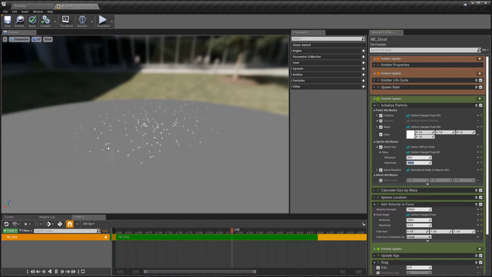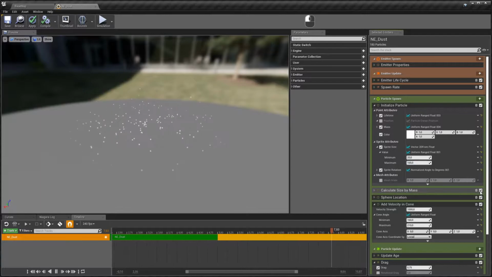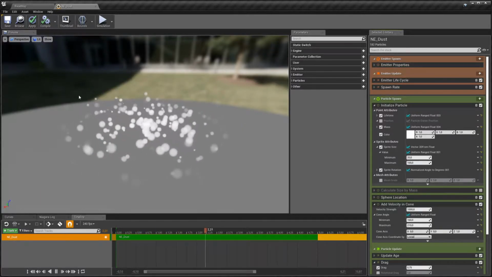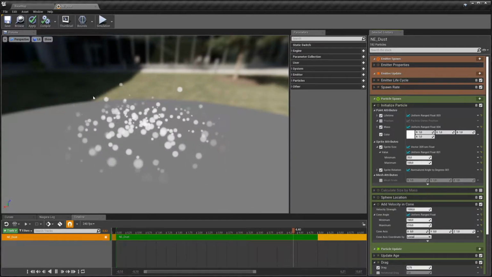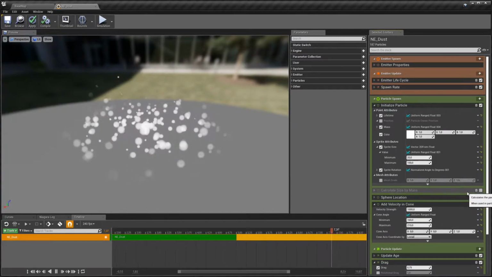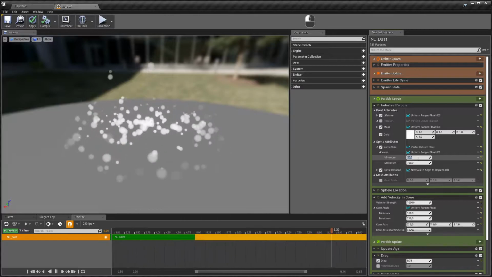Not much seems to have changed. This is due to the Calculate Size by Mass module being enabled. If I disable this, now we can see that the larger particles are around 100 units in diameter and the smallest ones around 20. And because we don't want to use this Calculate Size by Mass option, let's get rid of this module as well. Now, if I increase the size even further,